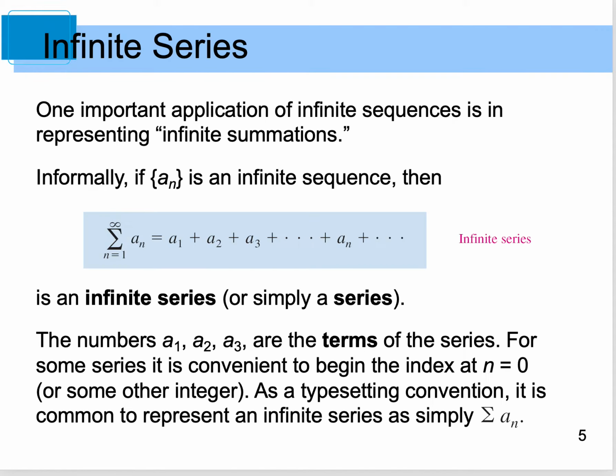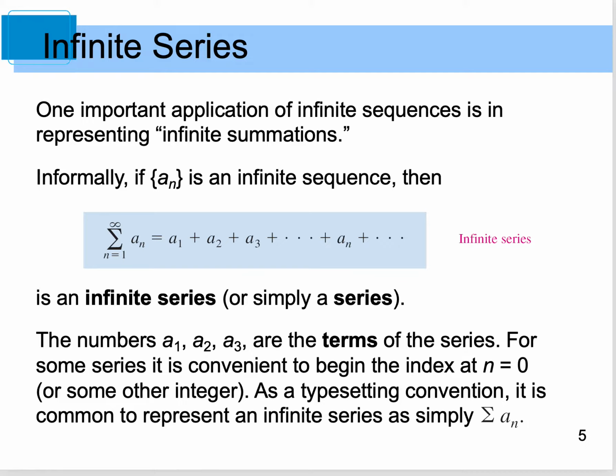An infinite series is a series where we're adding values forever, so there's no end point to the series. Sometimes we will refer to this as just a series, but the appropriate terminology is an infinite series. In this infinite series, the numbers a1, a2, and a3 are considered the terms of the series. For some series, it will converge, which seems weird, right? If we add an infinite number of things together, we're actually going to get a number answer. So when that does converge, it means we're adding incremental numbers that are very small, and that's why over time